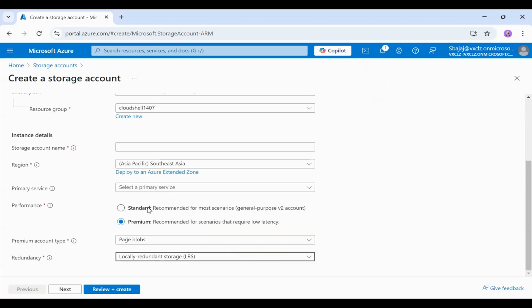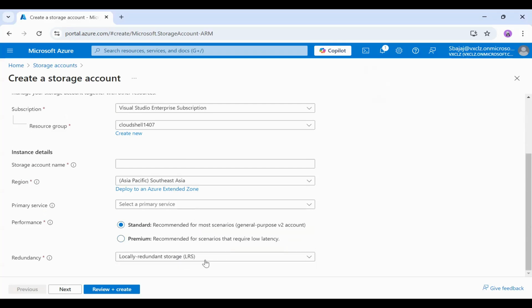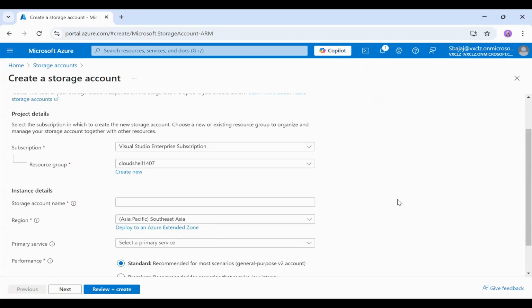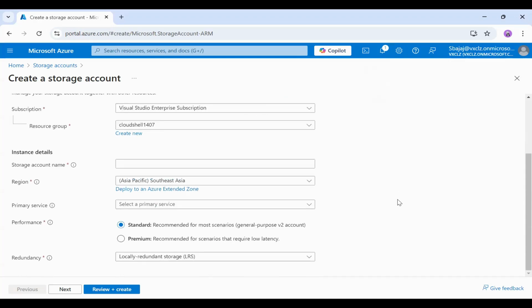Now, if I select the standard, you can see the redundancy is showing up for all of the types, which is LRS, GRS, ZRS, GZRS. So folks, this is what I wanted to show you, which has helped me in answering the question. Now, the next thing to understand why we have not chosen hot or transaction optimized as the correct answers, let's